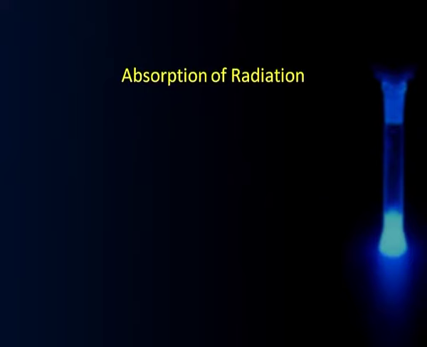Now, let us move further and see what we mean by absorption of radiation, because we know that a photochemical reaction is a consequence of absorption of radiation. So, let us understand what we mean by absorption of radiation and how we talk about it. You will recall from your earlier exposure to spectroscopy that suppose there are different energy levels, say this is the electronic ground state, this is the excited state, and a transition has to take place from the ground level to the excited state.